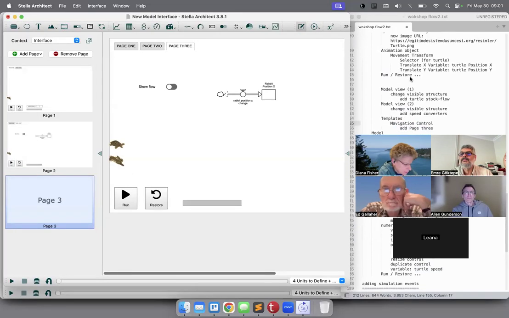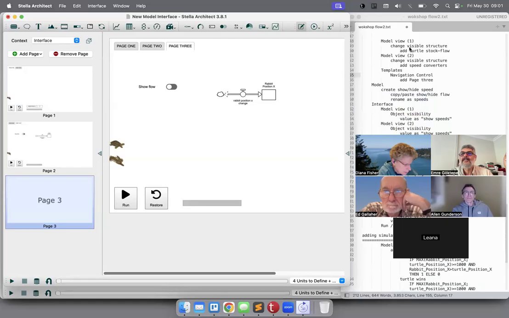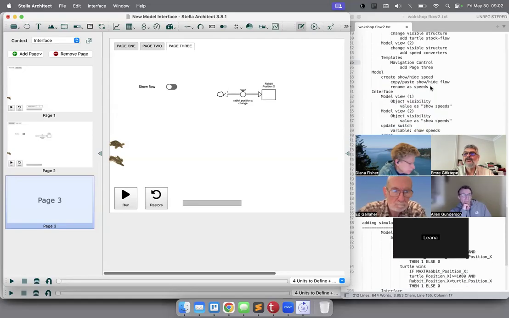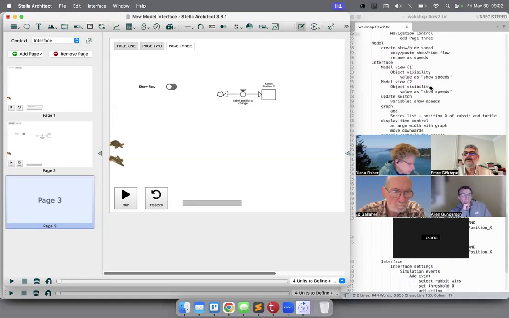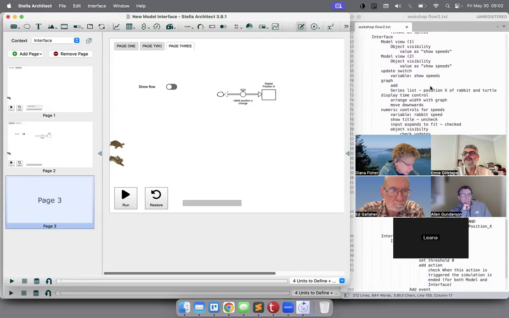Now, what's left? Yes. So now what we are going to do is to add the speed converters as parameters to be changed by the user or the student. So instead of this, let me. Here,